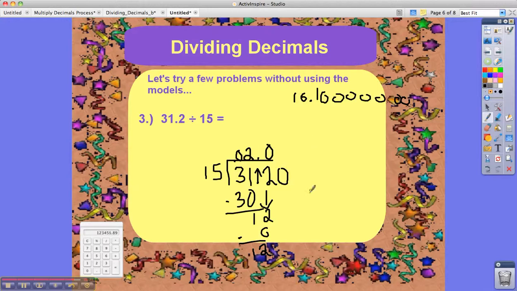So I add a 0, and I bring my 0 down. So now we have, how many times does 15 fit into 120? So 15 fits into 120 exactly 8 times. 15 times 8 is 120. And if y'all didn't know that, you would just